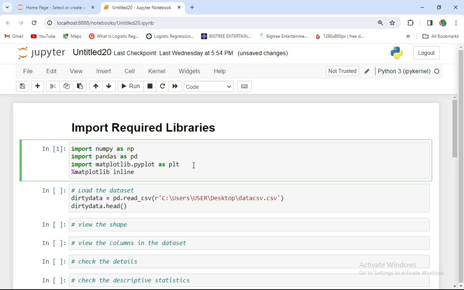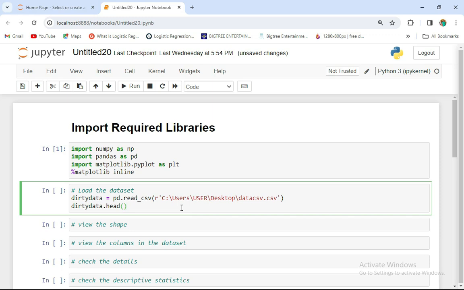So we'll go here. The next thing we have to do is to load the data set you want to work with. When you want to load the data set, you have to give a variable name to the data set you want to load. So here I name my variable dirty data, and after the equals sign, we have pd, which represents pandas, then pd.read_csv. Inside the bracket, inside the function read_csv, we have the path in which our file is saved